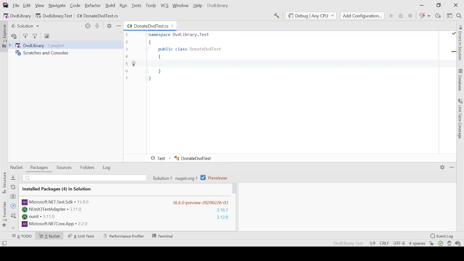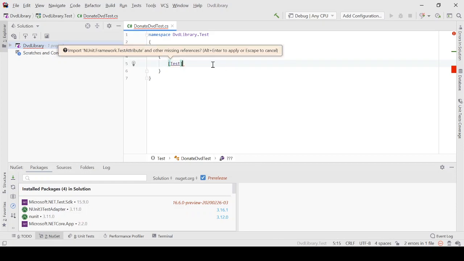So we're going to be writing unit tests using NUnit 3, and we're going to start by writing a unit test for donating our DVD. There we go, using the test attribute. If you're not familiar with NUnit, then I'll post a link to the NUnit documentation in the description below. But all we need to do to say that a method is a test method, that is, it's a test that can be executed by the NUnit test runner, is you describe it using the test attribute, and then your